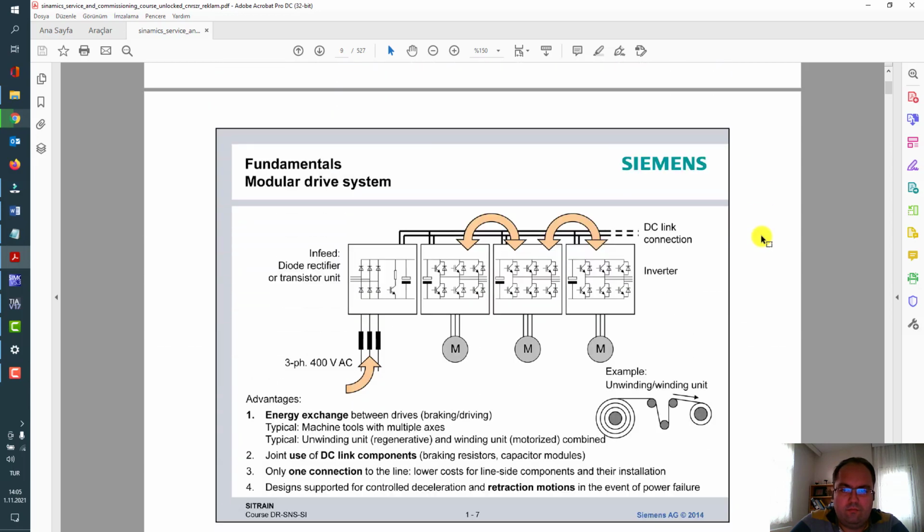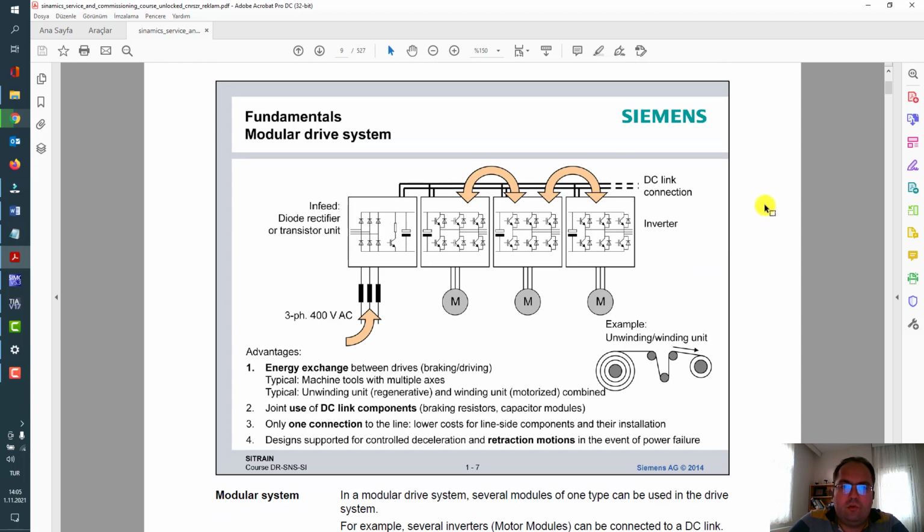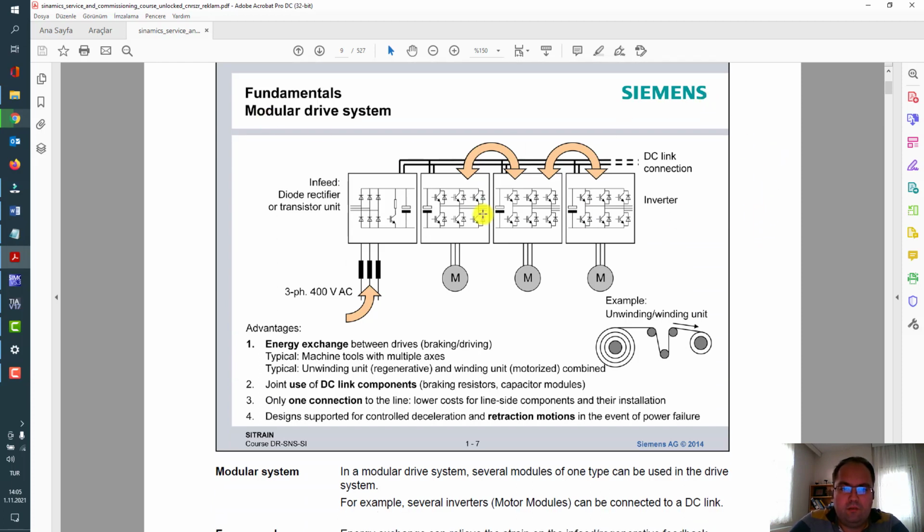In the modular drive system, for the infeed it's possible to use a diode rectifier, or for regenerative units there are some transistors working as the rectifier from AC to DC, and other inverters for the multi-axis modular drive system are connected via the DC-link connection, and each drive or inverter controls a different type of motor.